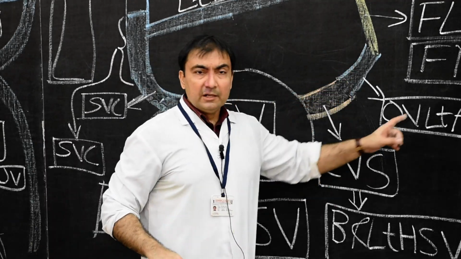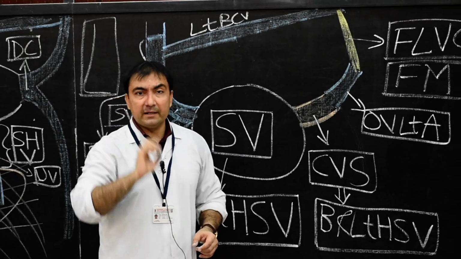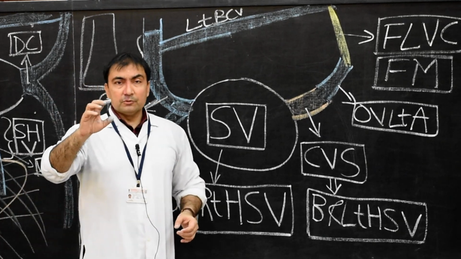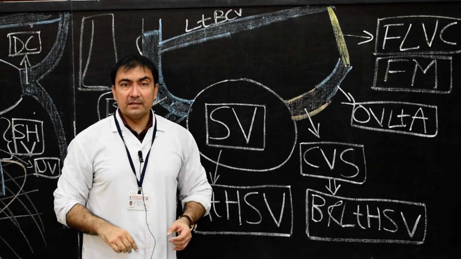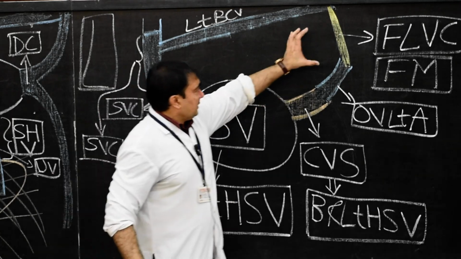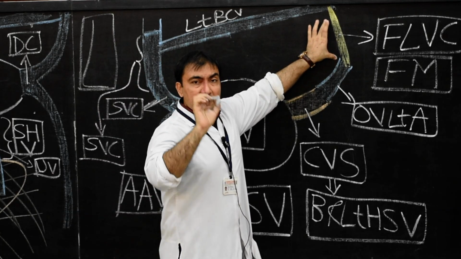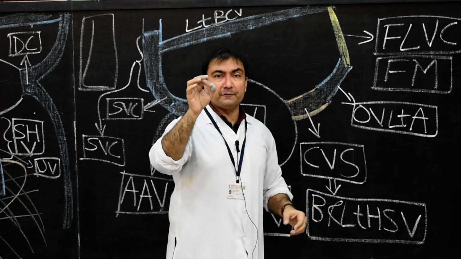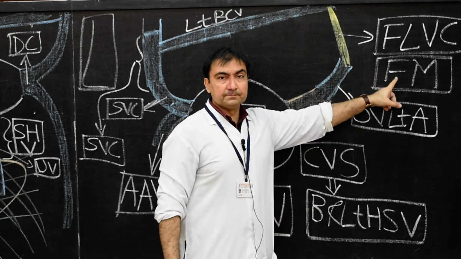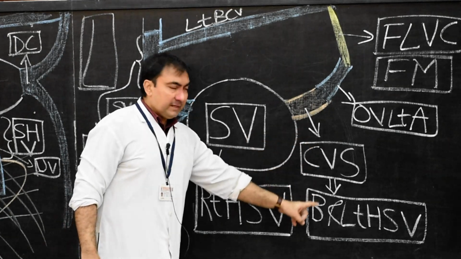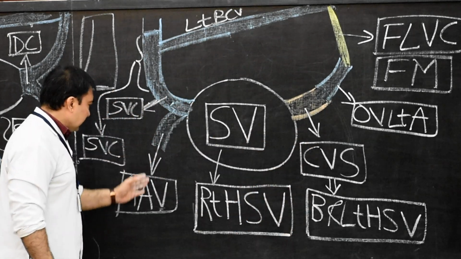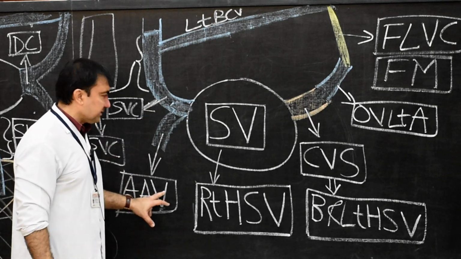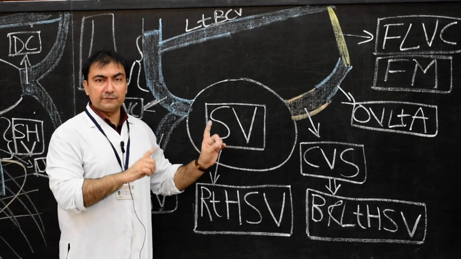The left duct of Cuvier will develop into oblique vein of left atrium. Then caudal half of right anterior cardinal vein will develop into suprapericardial portion of superior vena cava. The caudal half of the left anterior cardinal vein will develop into fold in the pericardium which is known as the fold of left vena cava, or it is called the fold of Marshall. The left posterior cardinal vein will disappear. The right posterior cardinal vein will also disappear, except a small cephalic portion which will remain as the arch of azygos vein. So this is the entire summary of sinus venosus.